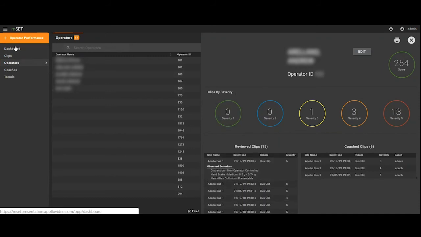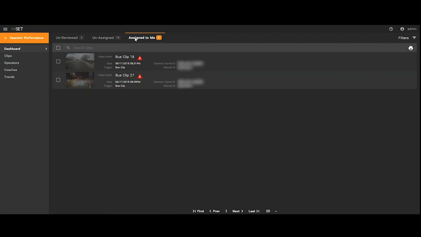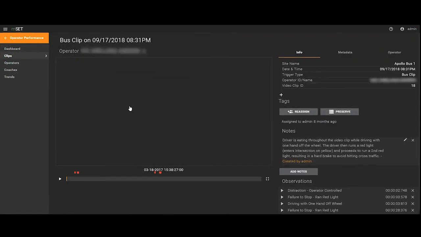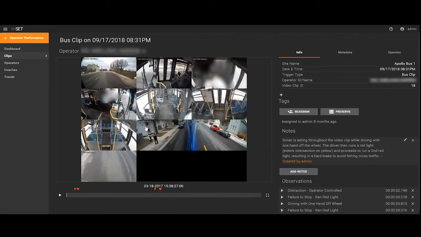Taking all of this into consideration, along with the clip itself that has been assigned to me, does this driver need to be called in for some training? It is about operator performance as far as creating better drivers, safer drivers, to lessen the mitigation and litigation costs